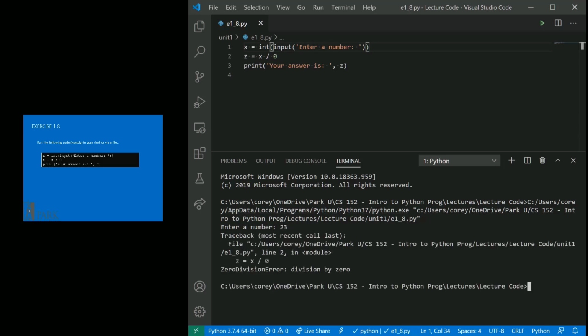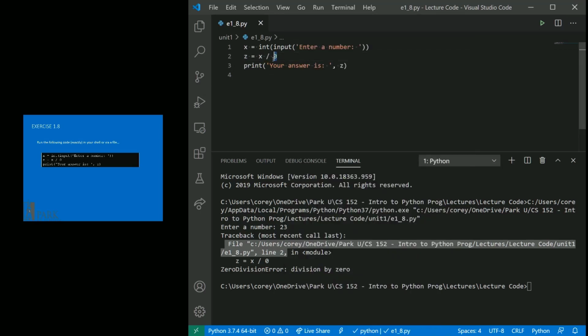Alright, so you can see that I hit enter, and it came up immediately with this zero division error, division by zero, right? So it will tell you in what file and what line your error actually is in. So you can go back and look at it and say, oh, okay, so something funky is going on in line 2. So you come up here to line 2 and you go, yep, sure enough, I'm dividing by 0,